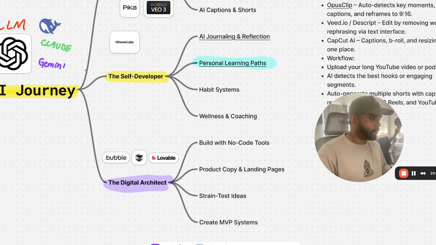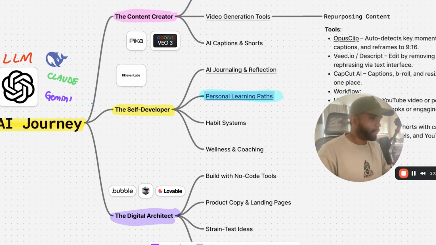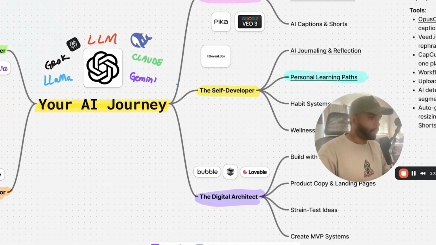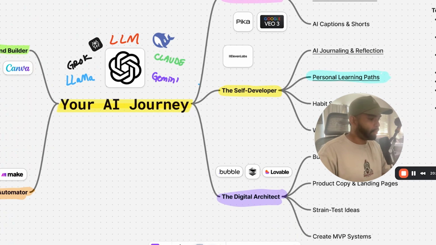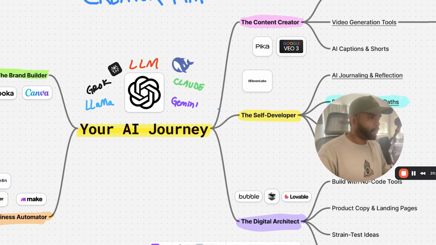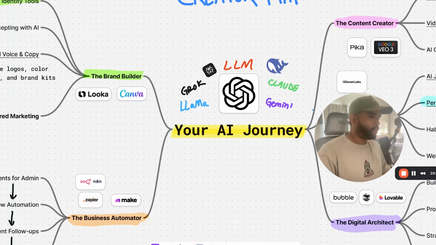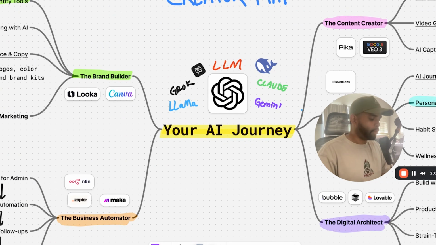You could create interactive experiences, build AI powered quizzes, learning journeys, and really track all of this stuff so you really know who you're talking to. And once you have a core understanding of who your target audience is, it just makes things a lot easier when you're creating content and building your brand messaging and all that stuff. So it all comes down to who you are as a person, what value you are creating, and at the end of the day, how these tools are helping you become more efficient in your own workflow. So it's not necessarily replacing it, but it's empowering you to do more